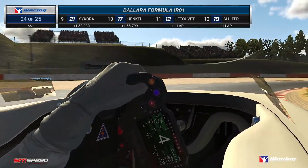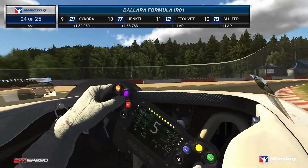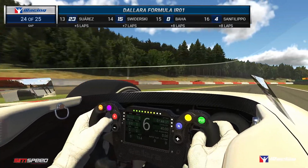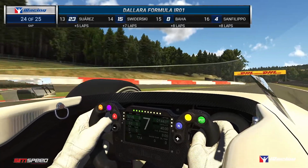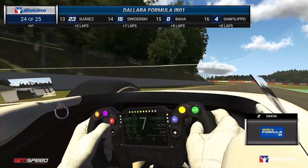Yes, asterisks, no Ben Fuller here today, but doesn't matter. You race against the field you're given, and he is doing so absolutely flawlessly. Look how balanced the car is. Oh, you're exactly right. It is extremely balanced, and I reckon he's trying to punch out that record pace here